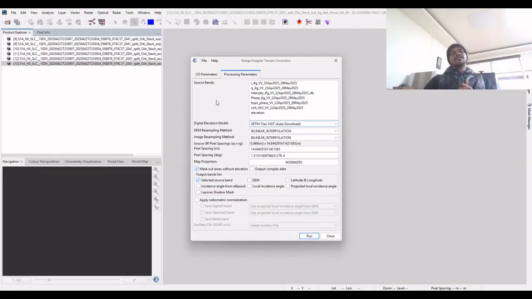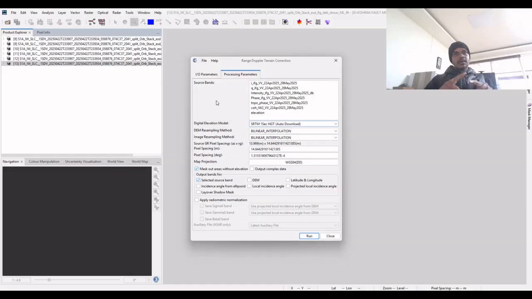It converts the picture from a slant range geometry to map projected coordinates. That means it will flatten the image and place it exactly on the ground. So once you import the image into Google Earth or QGIS, the image will be exactly aligned to the map projection. Without the range Doppler terrain correction, the interferogram or the SLC images may not be aligned along with